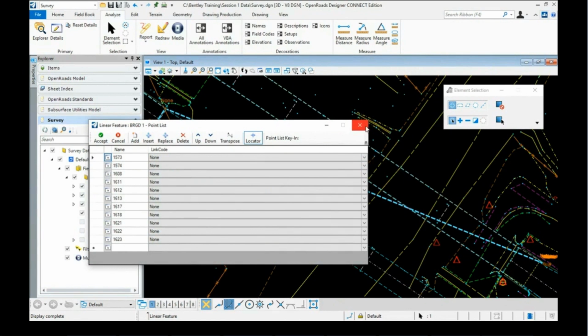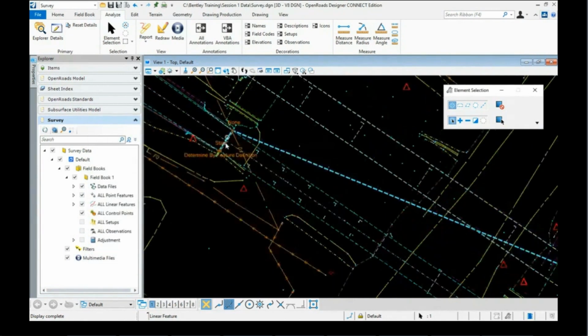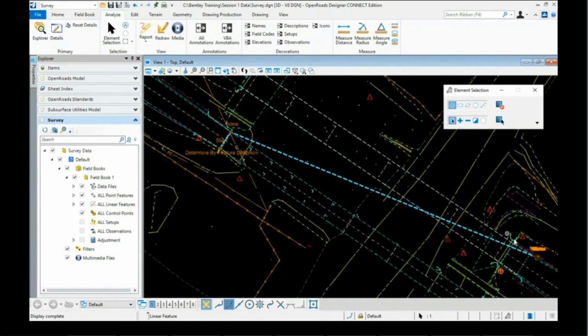So what do I want to do first with this feature? Well, first thing I want to do is split the end of this bridge deck over here from the end of this one over here. So the first thing I'm going to do is split this into two different features. So again, I'm going to hover over it. I'm going to get my heads up display, and I'm going to use the break